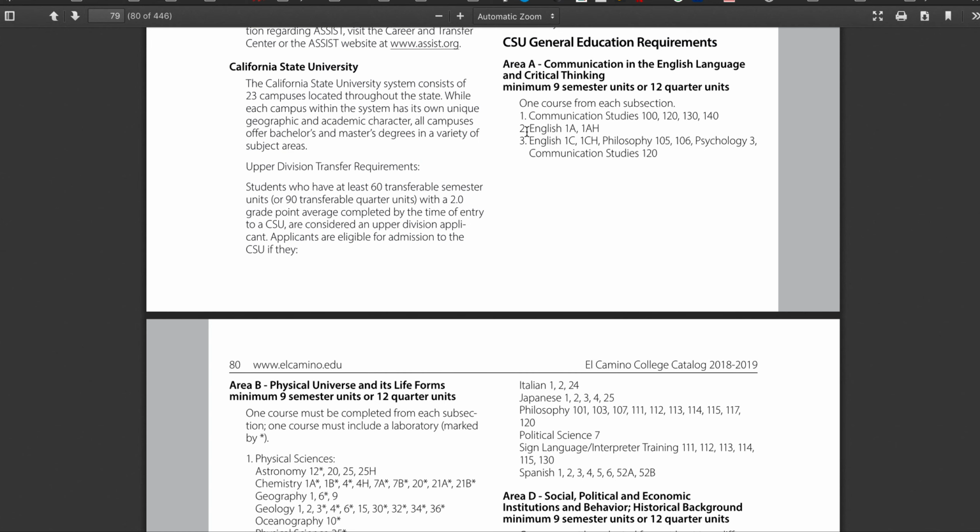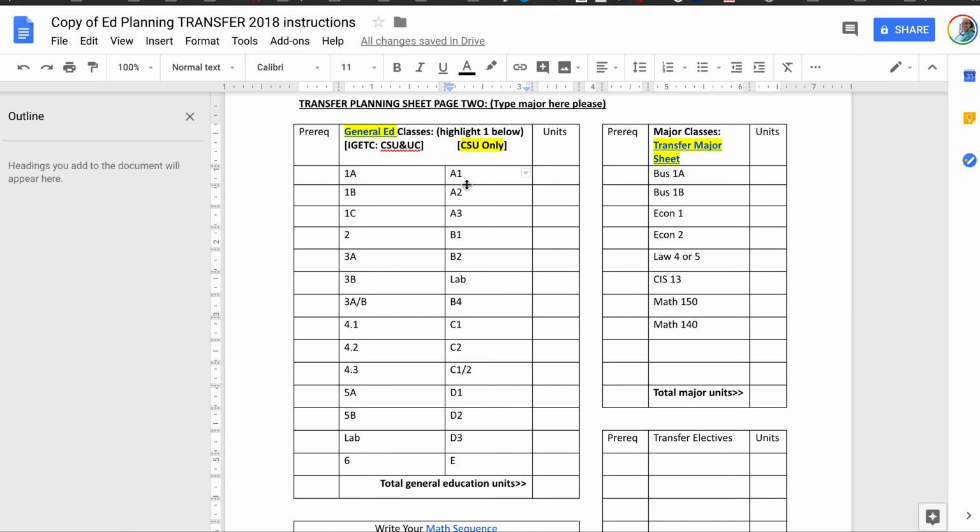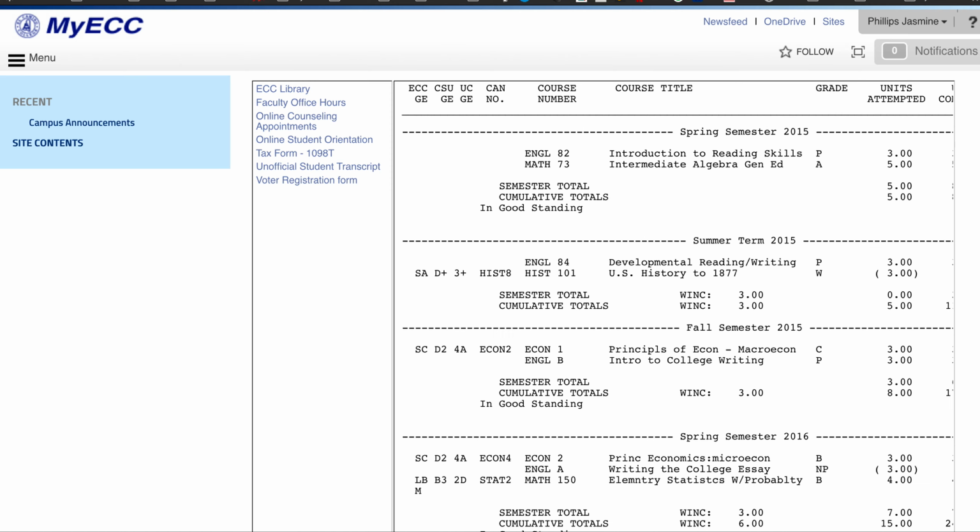Area A has 1, 2, and 3. Generally, students do Speech 100, English 1A, and English 1C. So here you would write down Speech 100, Communication Studies 100, English 1A, and then English 1C, and so on and so forth. You look up the units and the prerequisites in the catalog, and what you will find is